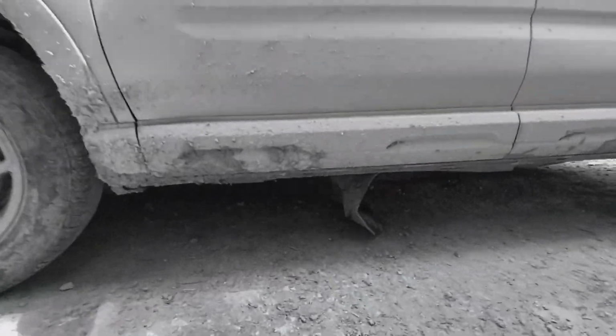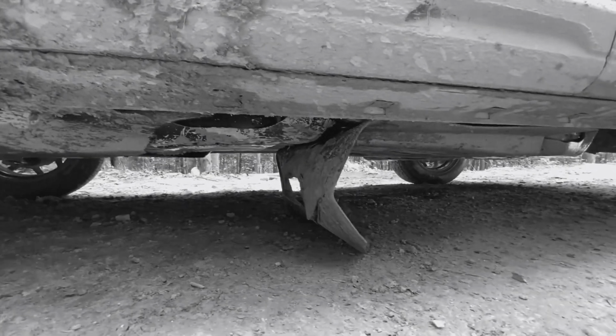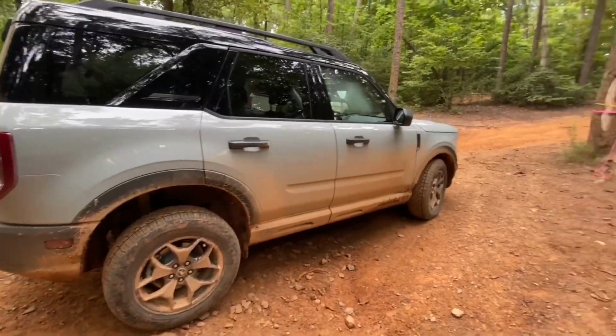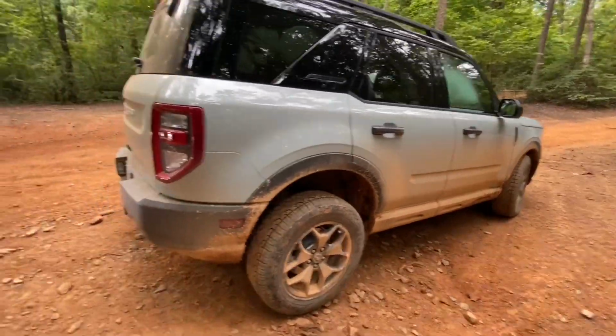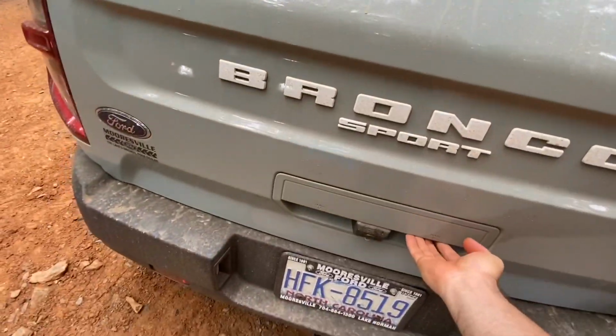So I dragged the bottom of this thing a lot last night, and it did sustain a little bit of damage. Hopefully it's still under warranty. I caught something, and I guess that part wasn't really necessary. But I was just going to point out a couple of little things that I don't like about this thing already. One of them, if you look at this lift gate right here,